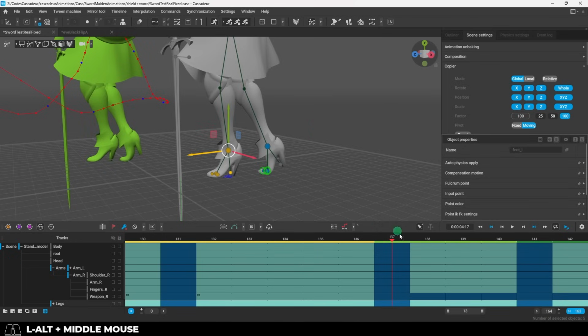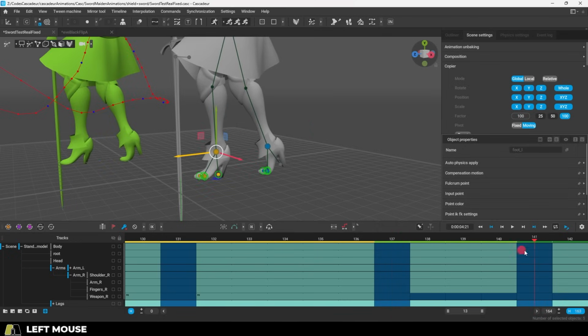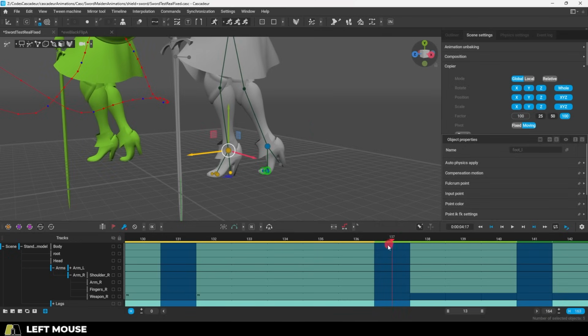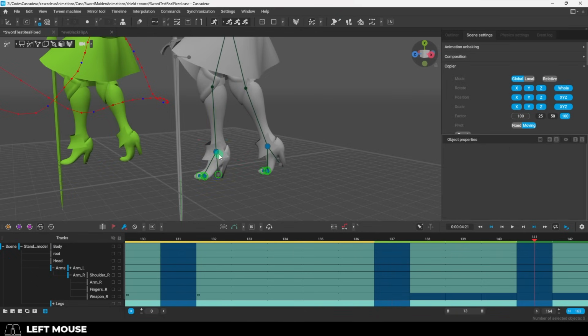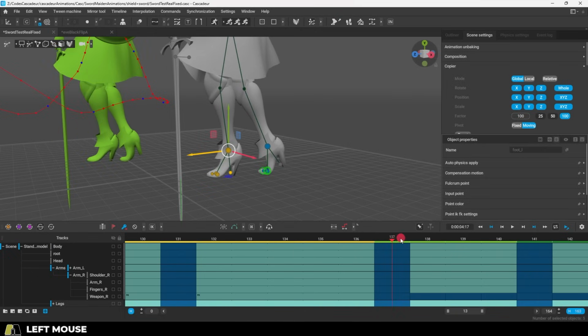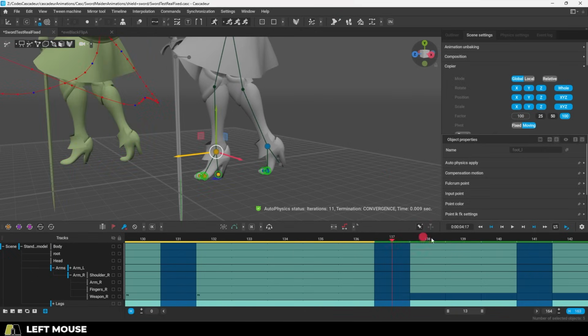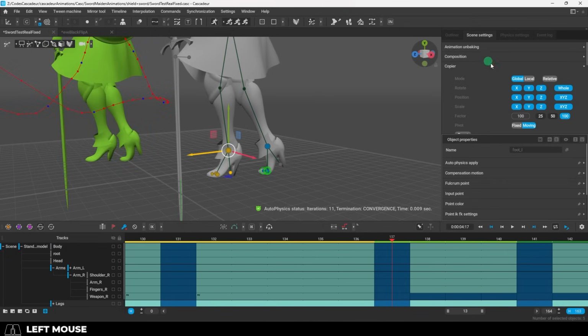So let's say we have 3 poses, and the foot is supposed to be in the exact same position contacting the floor after it goes up to take a step. Now in most software, you would probably go into the previous frame, copy the position and rotation, and then paste it on this frame. But if you click the stuff that you want to move, and then go up here